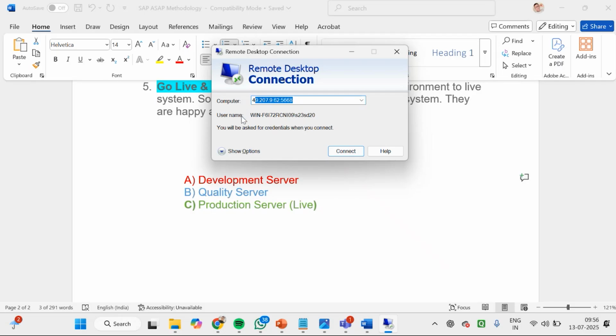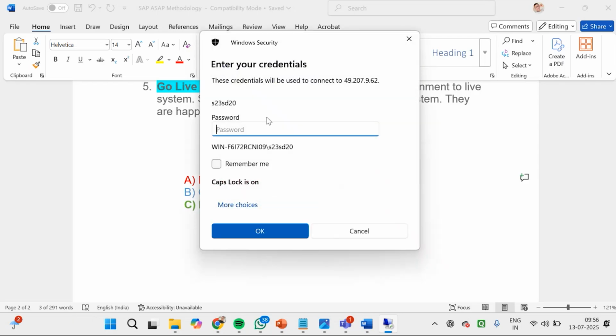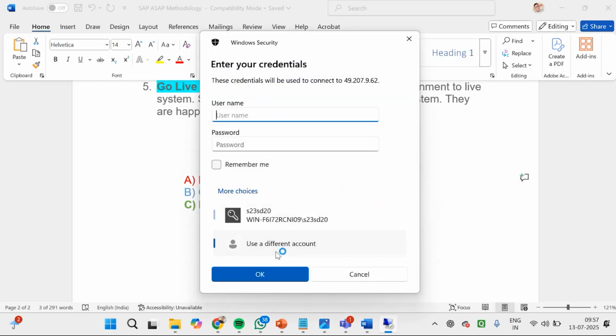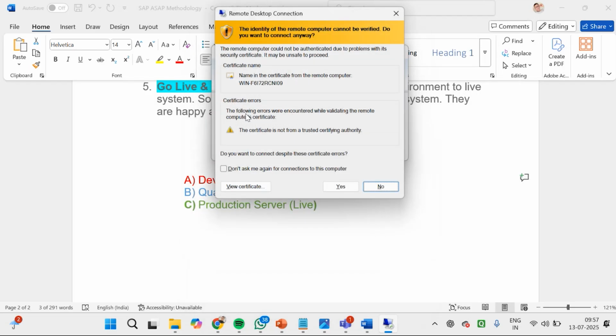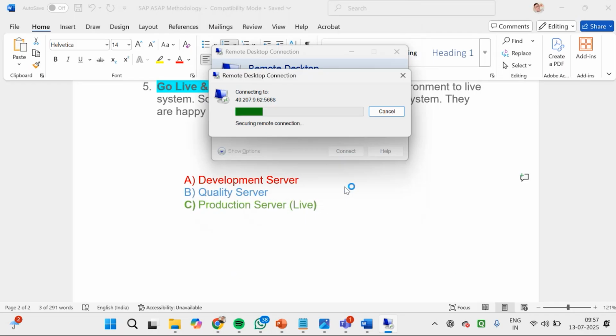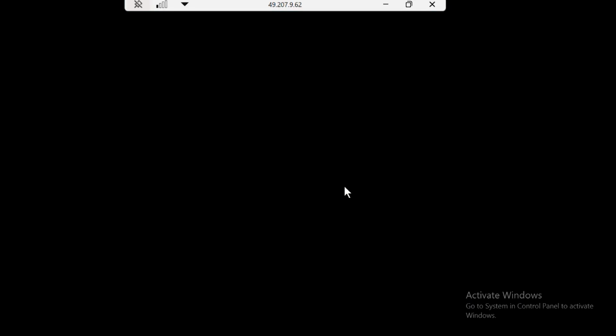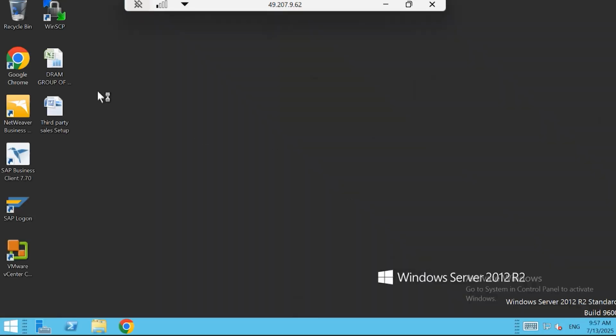So we type the IP address, and once we type the IP address, we click on connect, and first time we give the user ID and password here, let's say SA53SD20, I'm giving user ID and password, enter, then click on yes। Once you click on yes, now we access the remote desktop, हम किसी और के डेस्कटॉप पे एंटर कर गए।